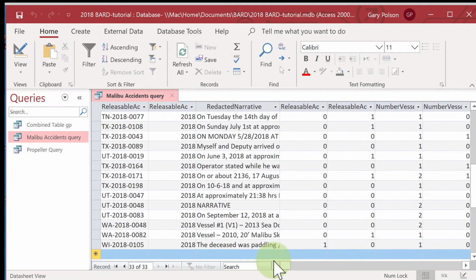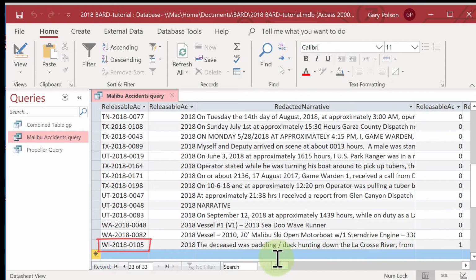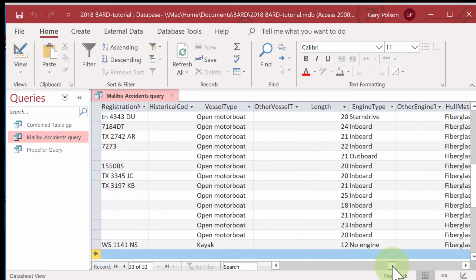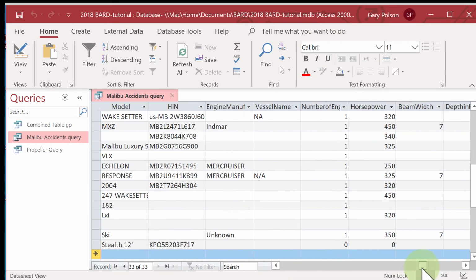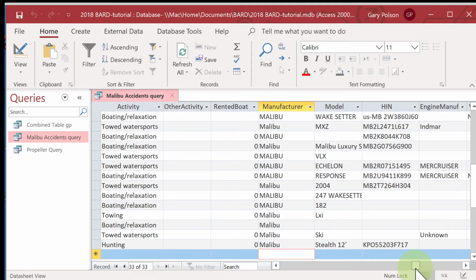If you pull far to the left to the redacted narrative, you can see it was some sort of paddlecraft, not a ski or towboat. We record its BARD ID number as WI-2018-0105. If we go back to the boat manufacturer, boat model, and HIN columns and continue reviewing accidents from the bottom of the list upward,